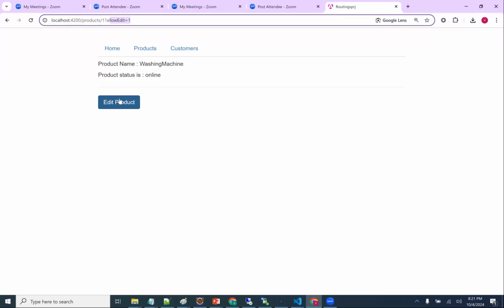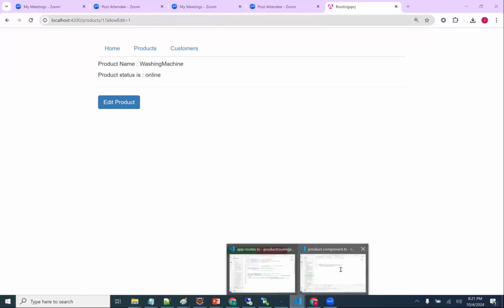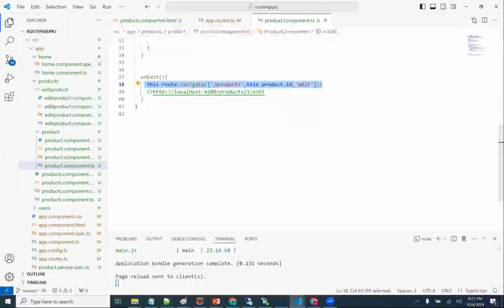So what we need to do here? Where do I need to preserve, guys? In which stage? Wherever I am changing here. While changing, preserve the old things. So by default, I'm going to take care of this dot route dot navigate.